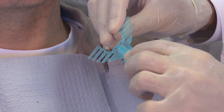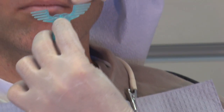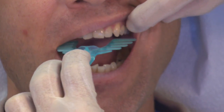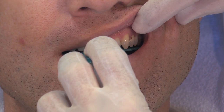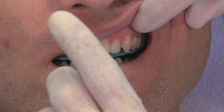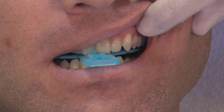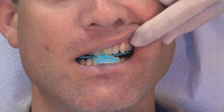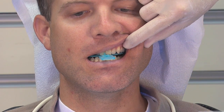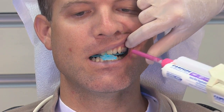We want to give this patient room to do some more mandible anteriorization if necessary, if he's still snoring at this initial position. But we go halfway because we don't want to overstress the TM joints right off the bat. We don't want to go any farther anterior than we need to stop the snoring. So the patient bites down into this halfway position, into those 2 notches, with the protrusive guide in place, and then